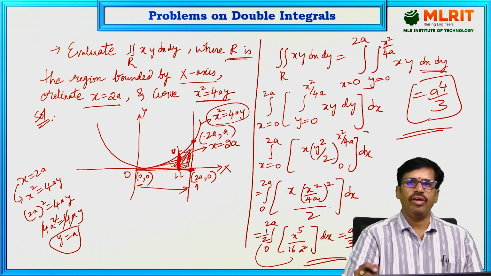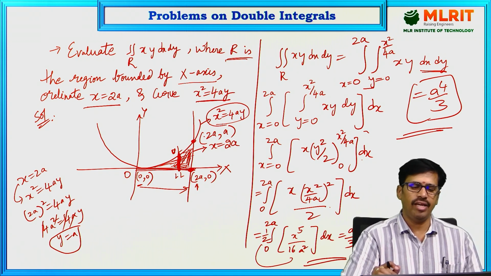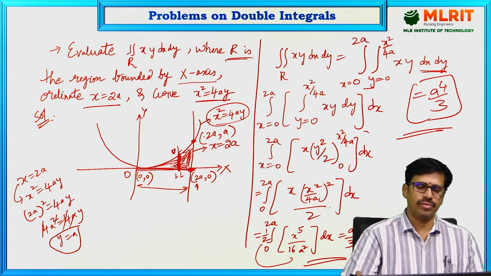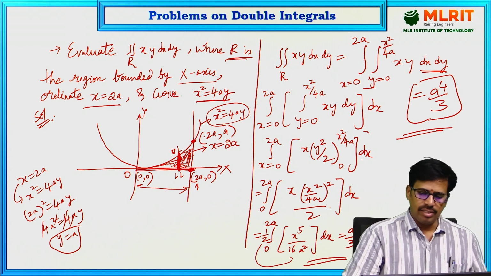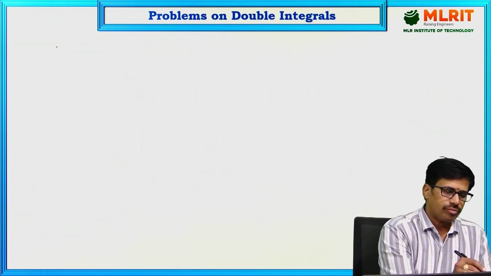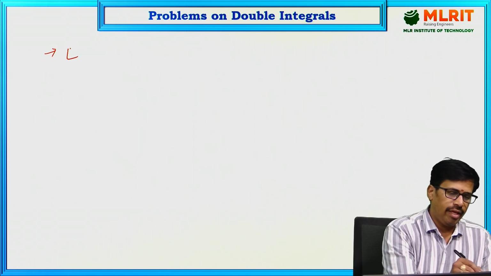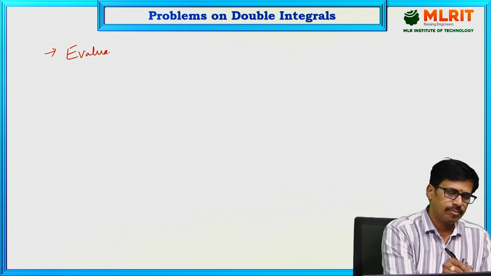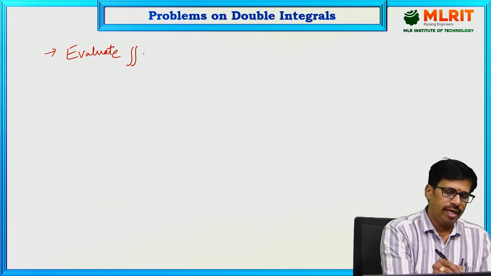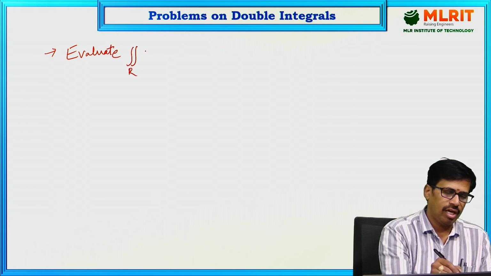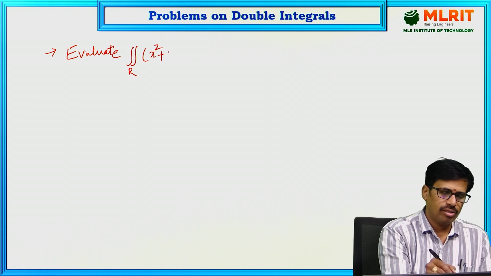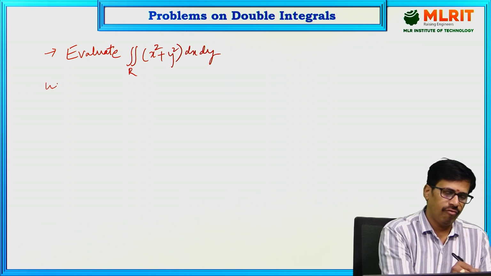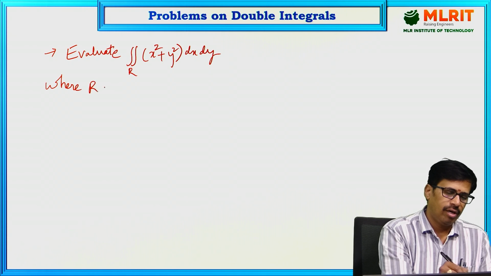So this is how we find the region of integration first, then evaluate the limits for x and y. Let us see one more problem. Evaluate the double integral over the region R of x square plus y square dx dy, where R is